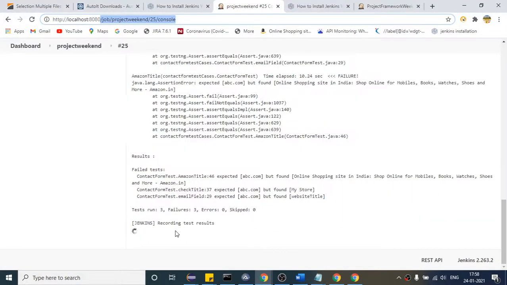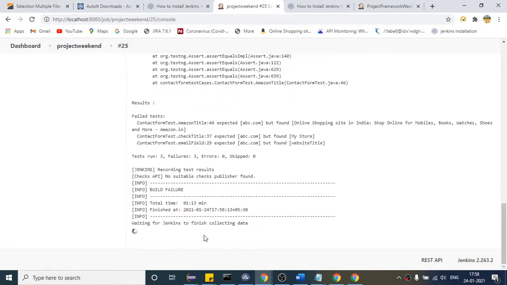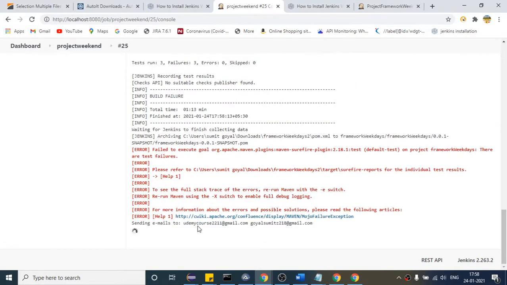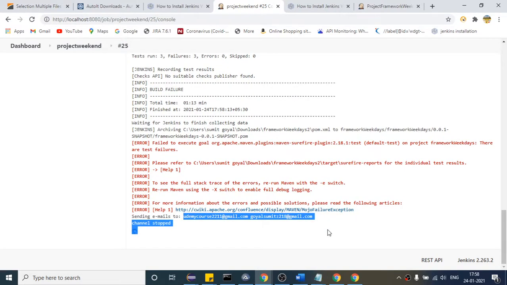So this time, again I think it should not fail. Okay, so this time it has passed. Passed in the sense it will not get stuck, I think. Okay, so this time it has not stuck. Actually you are seeing this, because I will tell you how to send the email, because already I have set up everything in this project. So now once the channel is stopped,